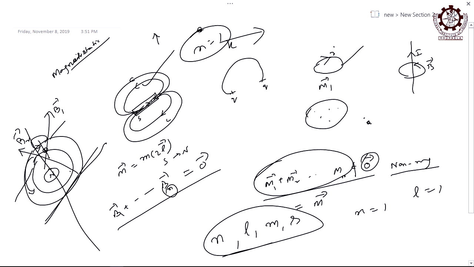Suppose an electron is revolving in the K orbit, is its energy fixed or different? Fixed, right. But this electron may have subcells also, right. Does this electron revolving here have only a cell, or are there subcells also? SPDF, or what? From where are you getting this SPDF? How are you getting SPDF?